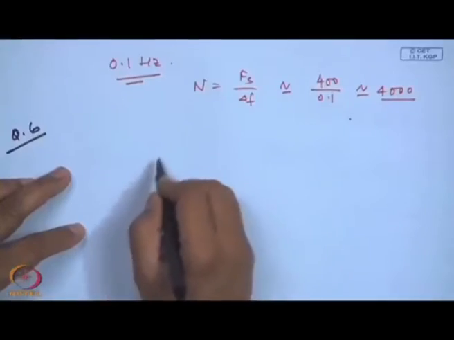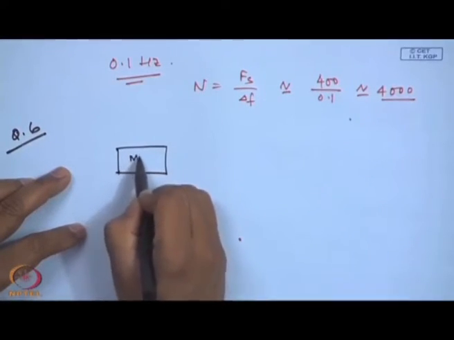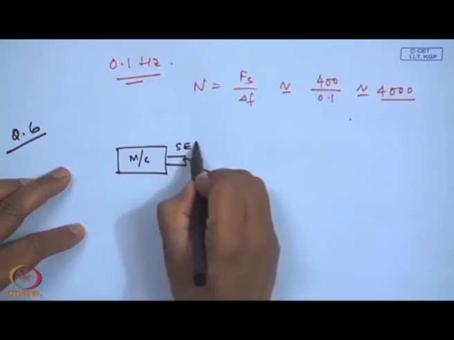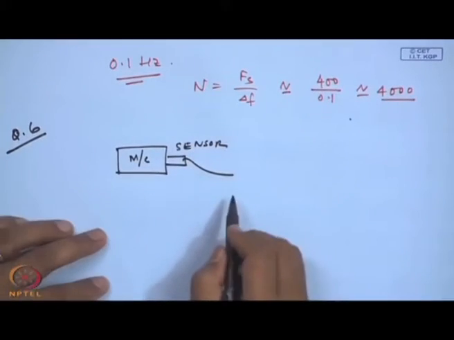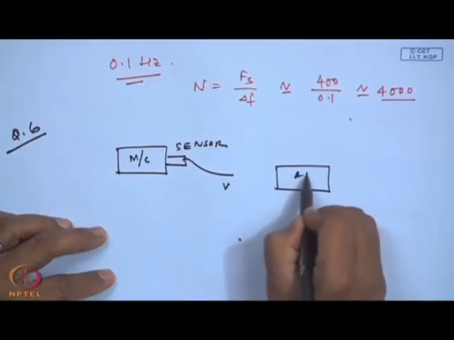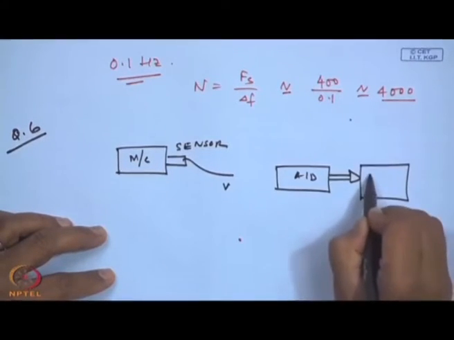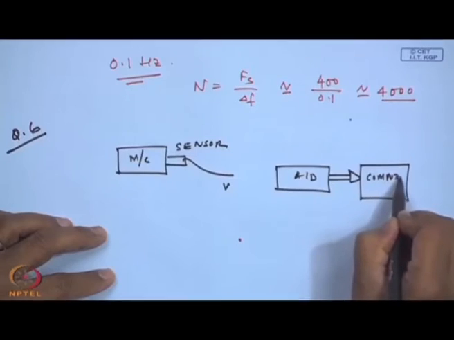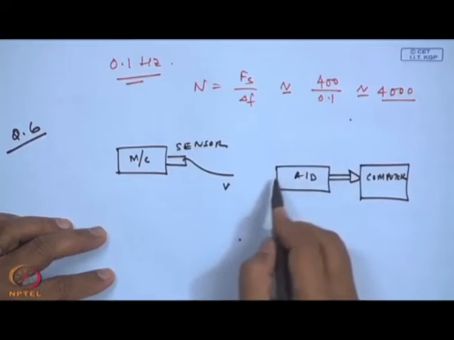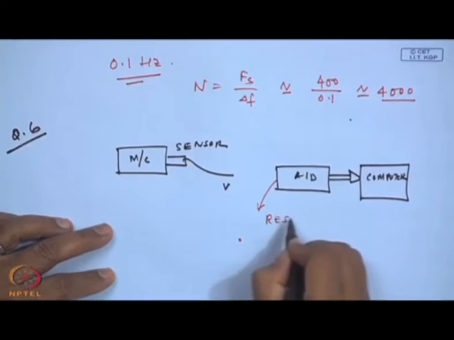So, this comes to a problem because see, I have a machine, I put a sensor and it gives me some analog voltage. Now, I have an A to D system, which gives me digital data which goes into a computer. Now, obviously, this A to D system has a minimum voltage which it can sense, that is known as the resolution,